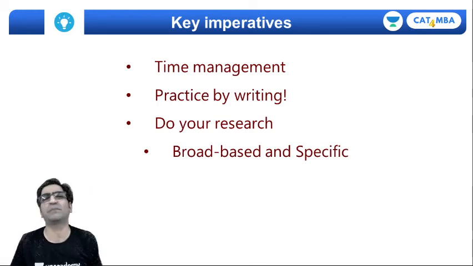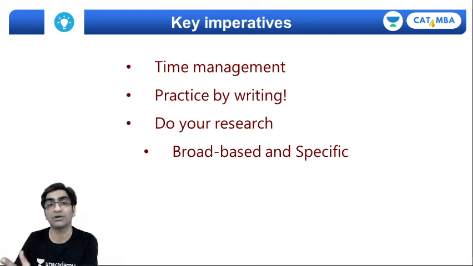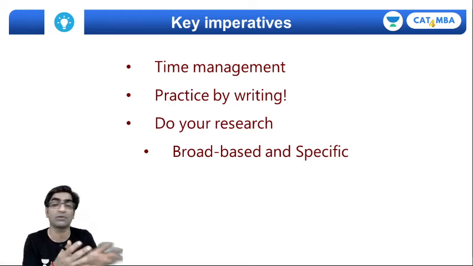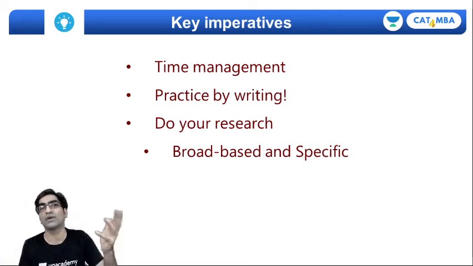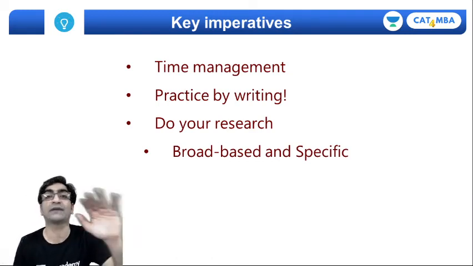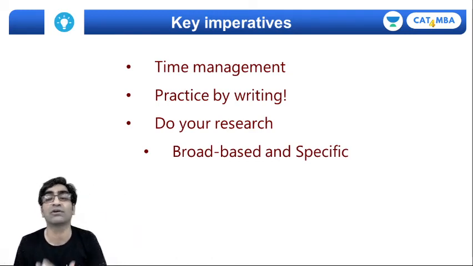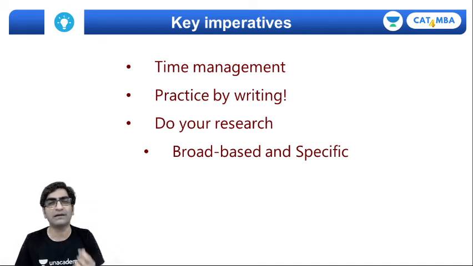And number two, specifics, right? As you write, make sure that you choose a variety of topics, some on environment, some on legalities, some on politics, some on the social evils in our country, etc., etc. And whenever you take a particular topic, once you've written your essay, make sure that you dig deep specifically on that topic. Say, for example, you're writing an essay on the education sector in India, right? So you must dig deep and ask yourself, okay, how many schools are there? What's the penetration of schools?